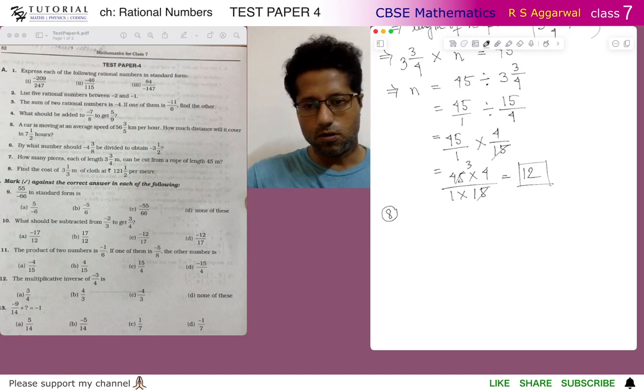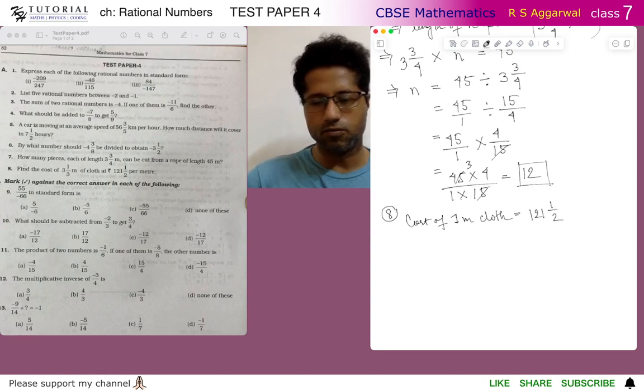So cost of 1 meter cloth equals 121 and a half. I am omitting the rupee symbol, it is understood. So 121 and a half, therefore